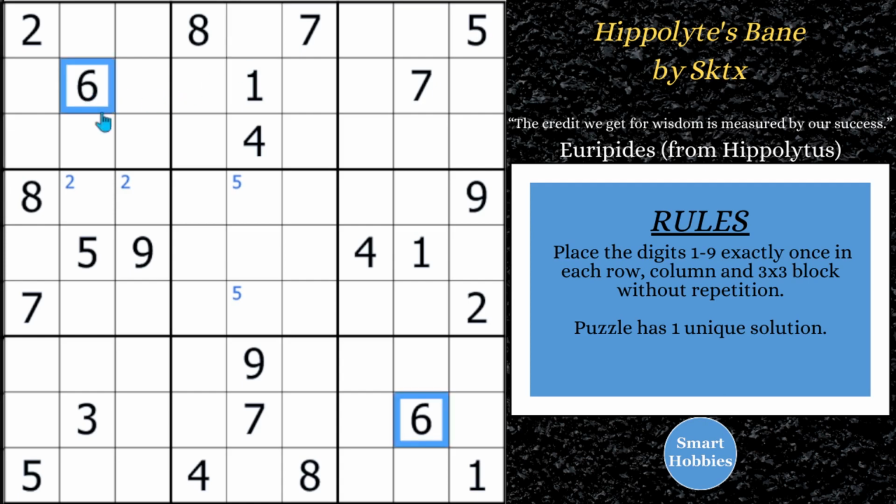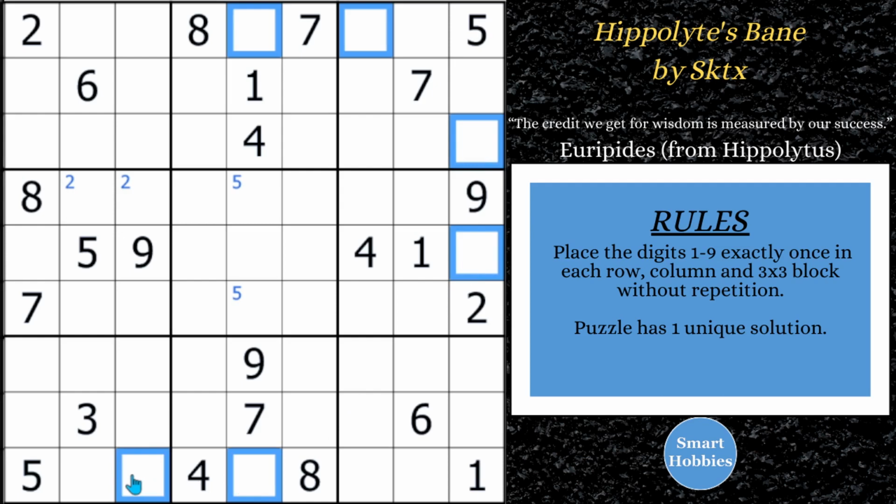Look at these 6s here. Where can a 6 be along row 1? Well, it can only be in these 2 spots. Now, where can a 6 be in column 9? It can only be in these 2 spots. And where can a 6 be in row 9? It can be in these 2 spots. And then where can a 6 be along column 1? It can be in these 2 spots. So even though there's only 2 6s in this grid, they have a lot of power. And so what we want to do is